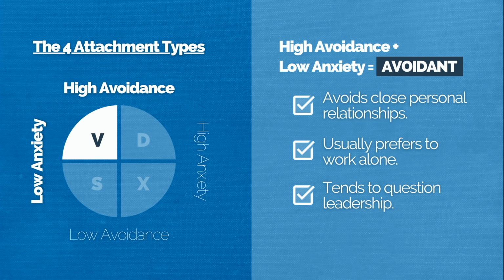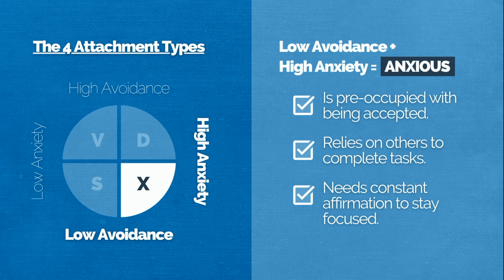And they might buck against the system a little bit. The third attachment type is the X in the lower right-hand corner. This is someone with low avoidance and high anxiety, and that makes them the anxious attachment type, someone who is preoccupied with being accepted, who relies on others to complete tasks, and someone who probably needs constant affirmation in order